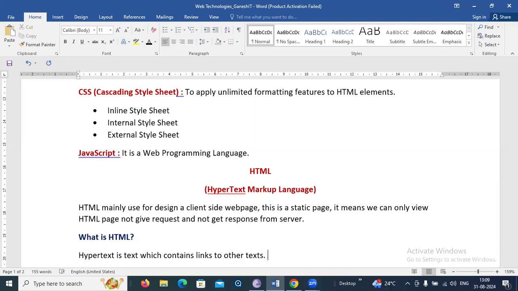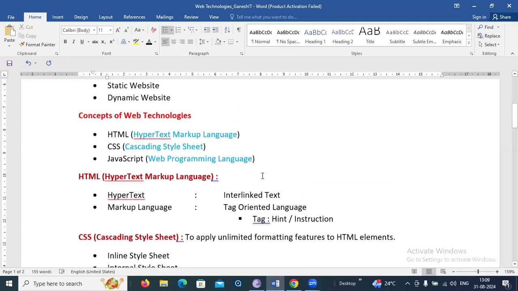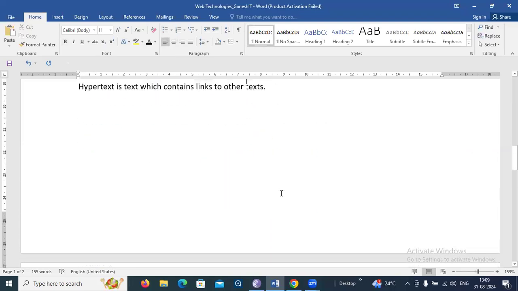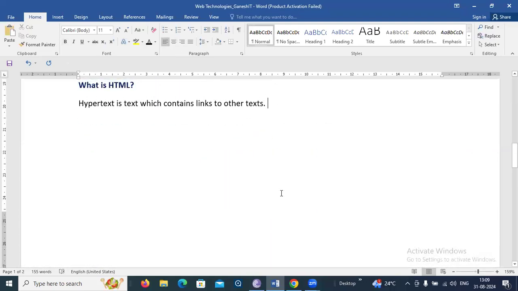Hypertext means interlinked information. Simply said, interlinked text that links to other web pages. Hypertext is a text which contains links to other text. The hypertext pages are interconnected